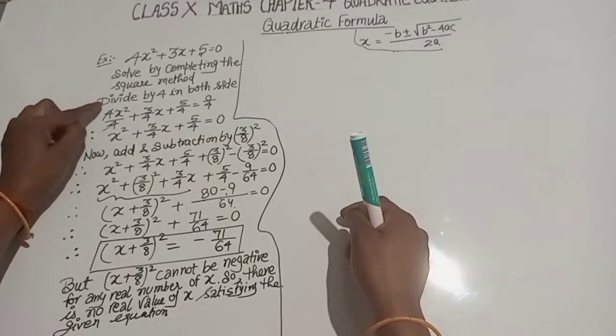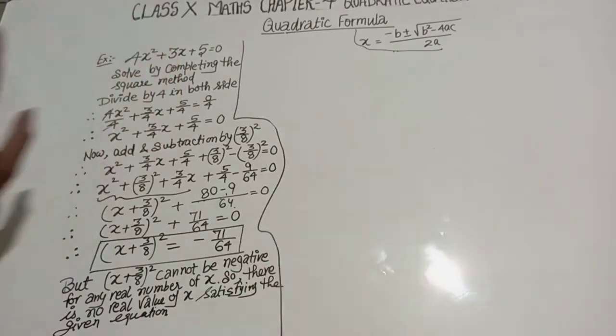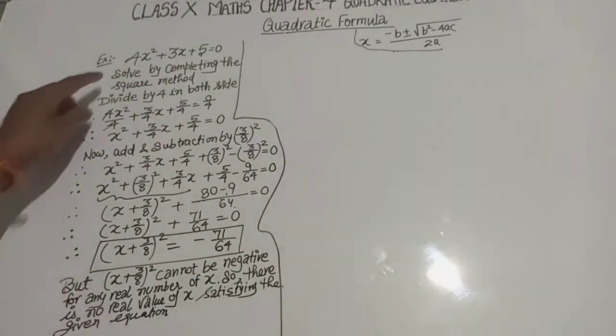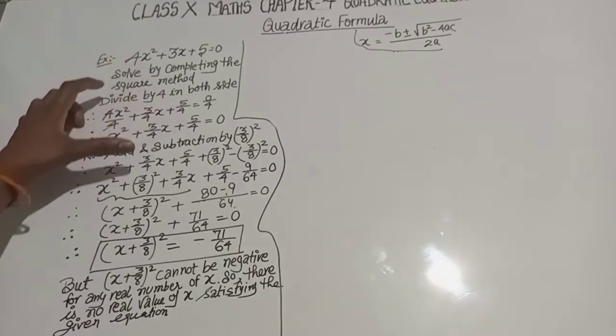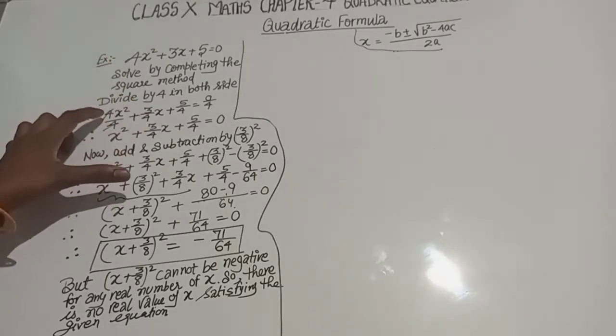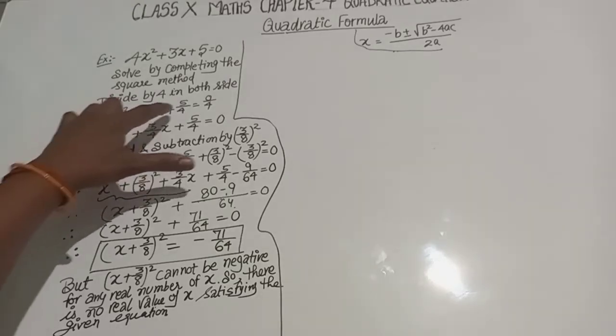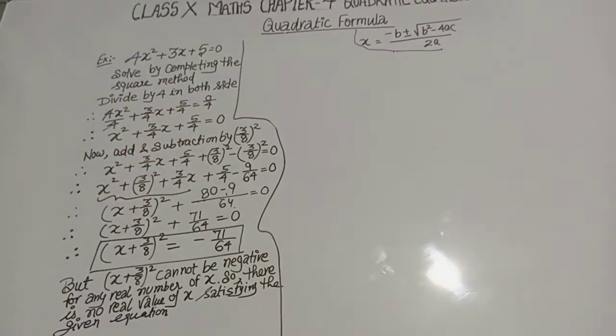Divide by 4 in this equation, because we need to make the coefficient of x square unity. So dividing by 4, this becomes x square plus 3 by 4 x plus 5 by 4 is equal to 0 by 4. Okay, next,